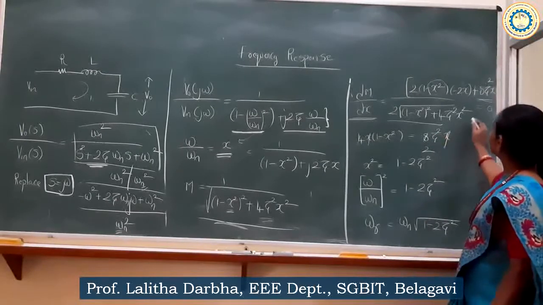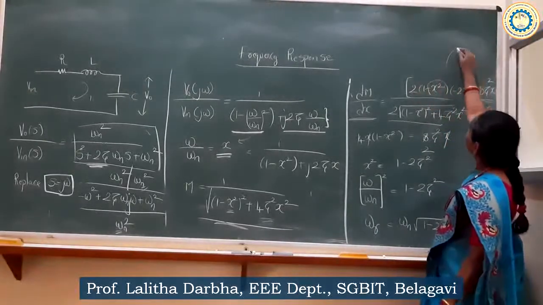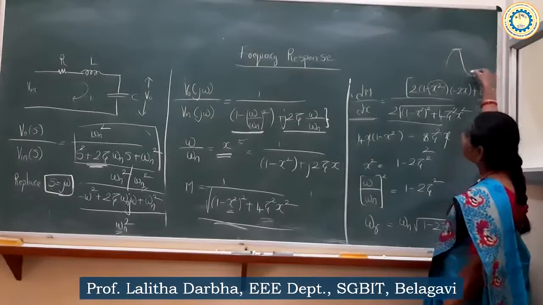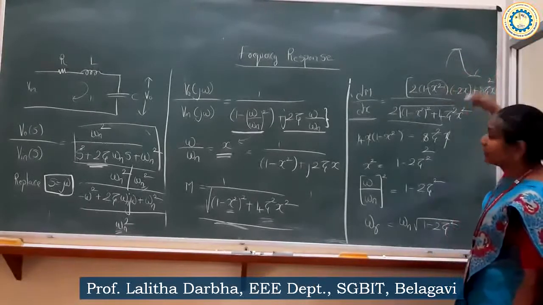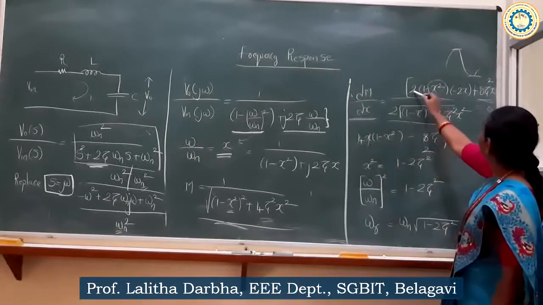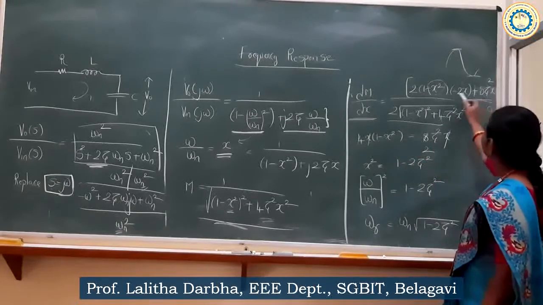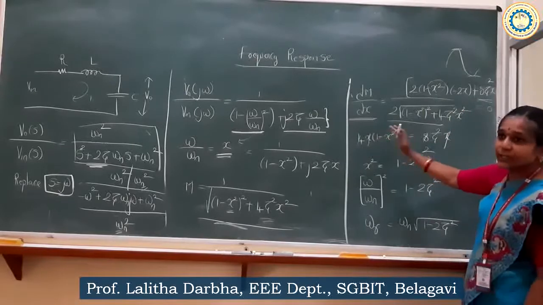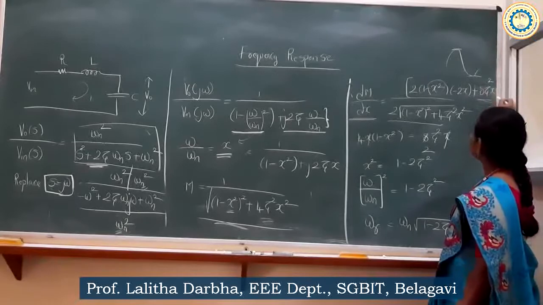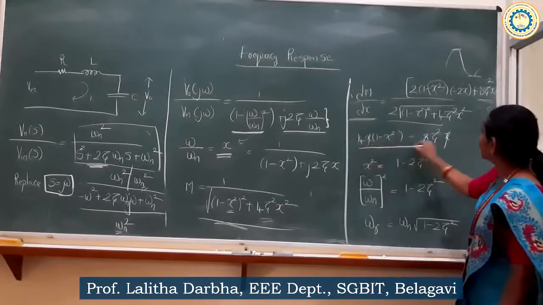We have to equate this derivative to 0, because at any peak value, the derivative at the peak is 0, similarly at maxima and minima. Here at the minimum also the derivative will become 0. So 4x, here 2 into 2x, so it is 4x into 1 minus x square is equal to, because this negative sign is there, we have shifted, so we have got 8 zeta square x. So that is what is written here.